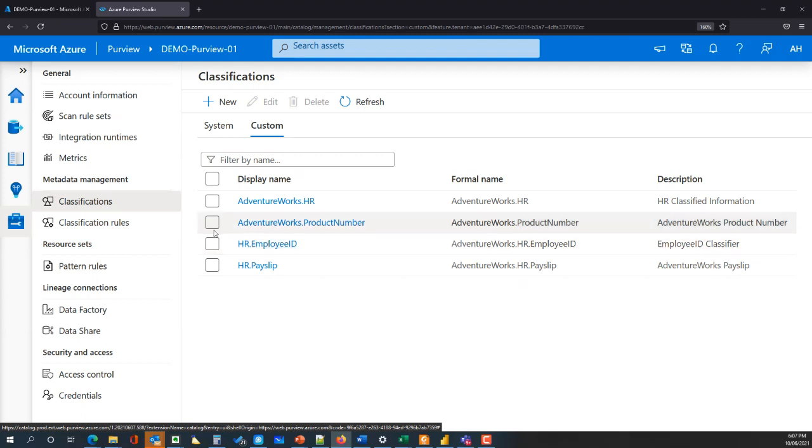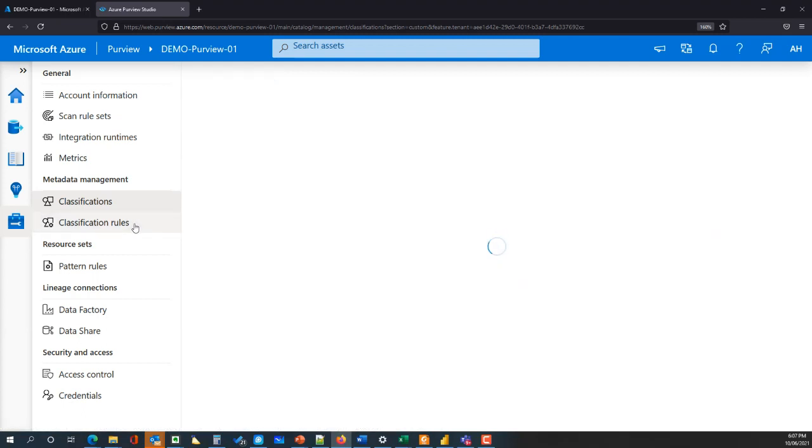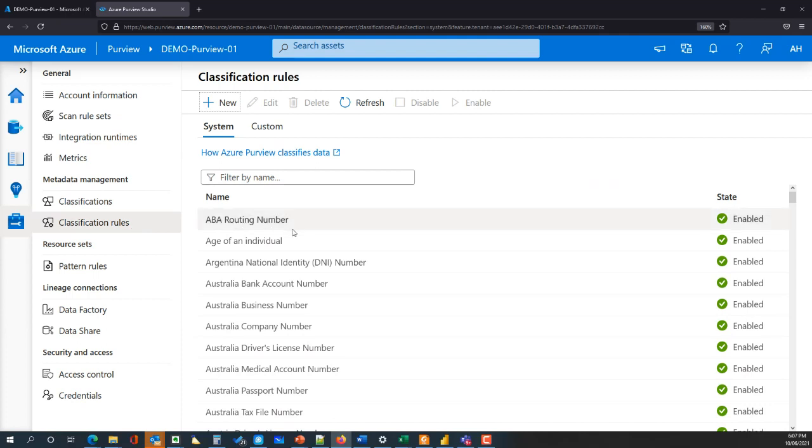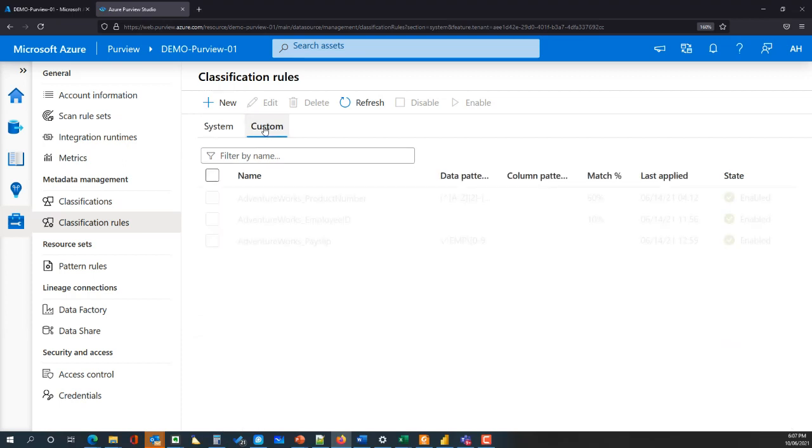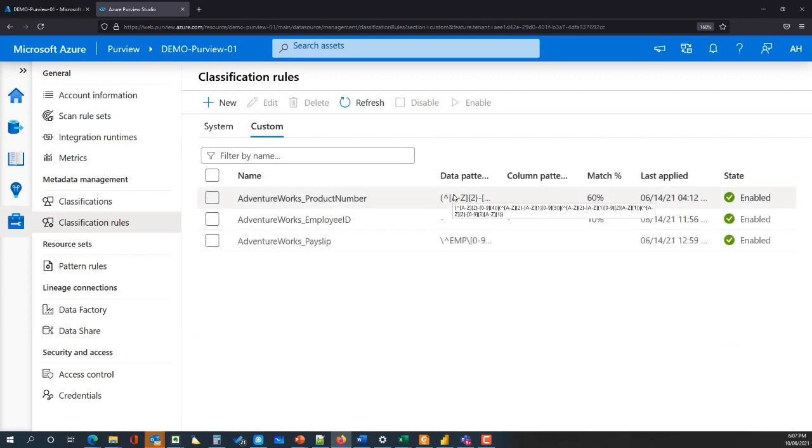But to apply the rules, I'm going to go down to my classification rules section, metadata management. I can't change any of the out-of-the-box ones from Microsoft, but I can go into custom and I can apply different patterns. So there's a regular expression pattern there for the product number or the employee number that I've used for setting this up. I can also use a dictionary, which I've done for the employee ID. It's basically a sample of employee IDs that I have, which allows us to then use a dictionary of known terms. If you see beyond the threshold of 10% of the data in that column, for example, then classify it as an employee ID